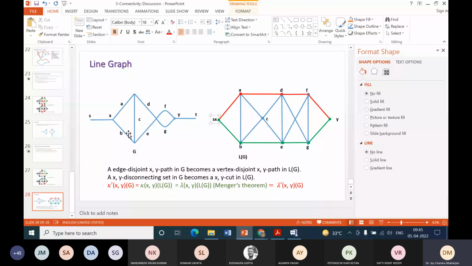You will have to understand this a little. In the Sx picture I drew, these two are vertices: Sx, y and t are vertices. All other labels are for edges. So this is Sx and this is my y. An edge disjoint xy path becomes a vertex disjoint xy path in LG. Now in this LG I get a vertex disjoint path. Okay,